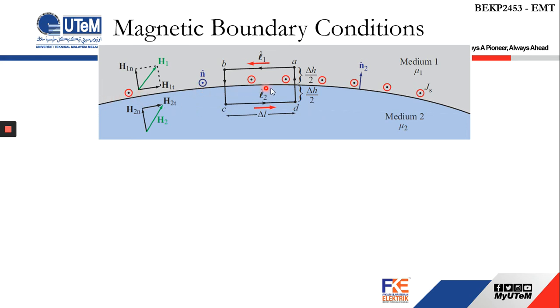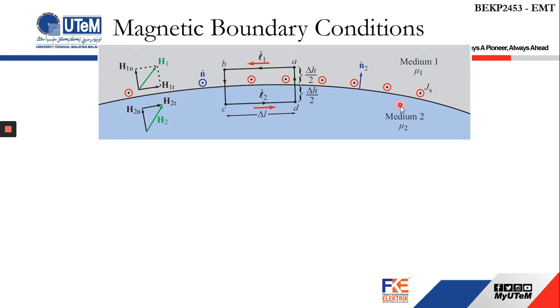And this curved line here represents the boundary. Now take note that this is a three-dimensional image drawn on a two-dimensional surface. So basically this is not a line, but a surface, and the surface is coming out of the page. Okay, so this is not a line, actually this is a surface.